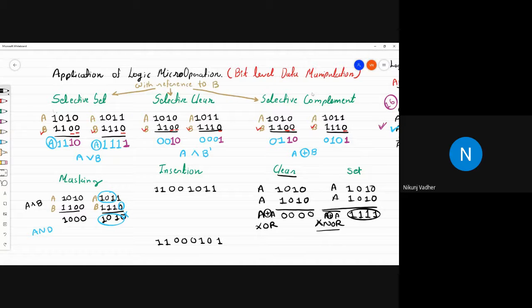So let's move forward with the last part of application, that is insertion. Now in insertion, let me erase this part. Insertion will be performed in two parts. First will be